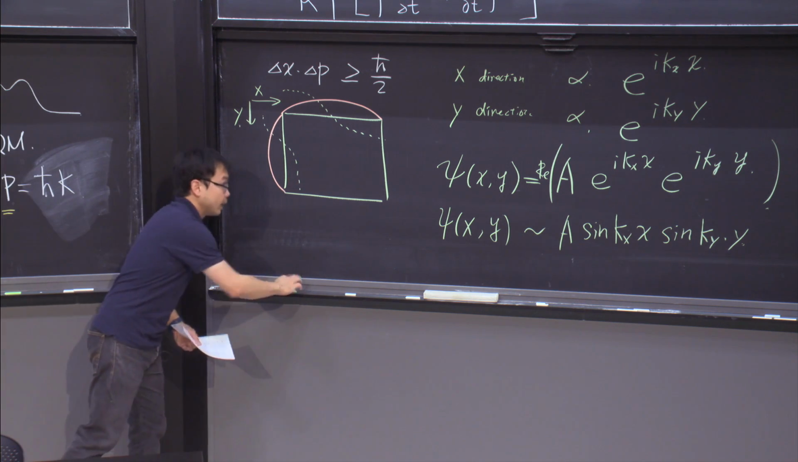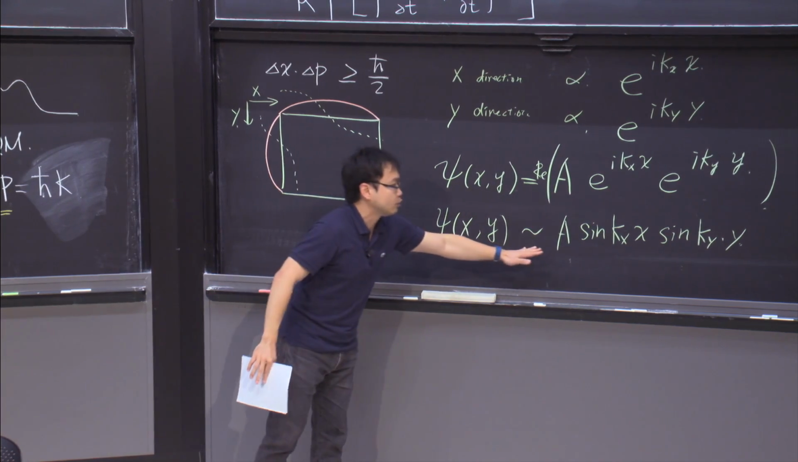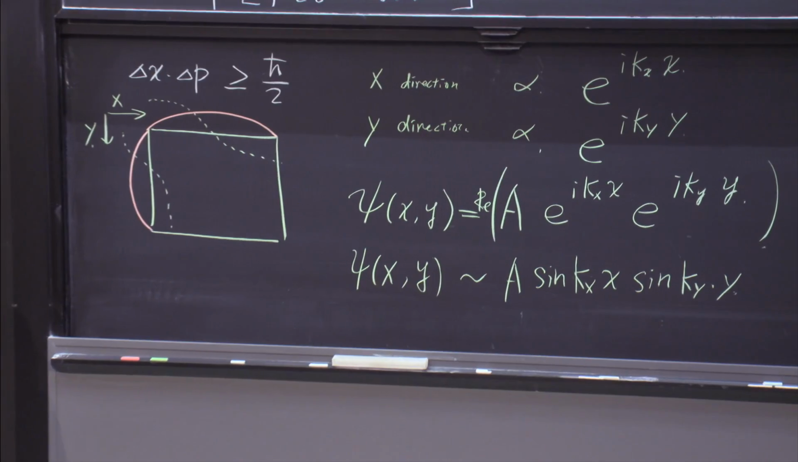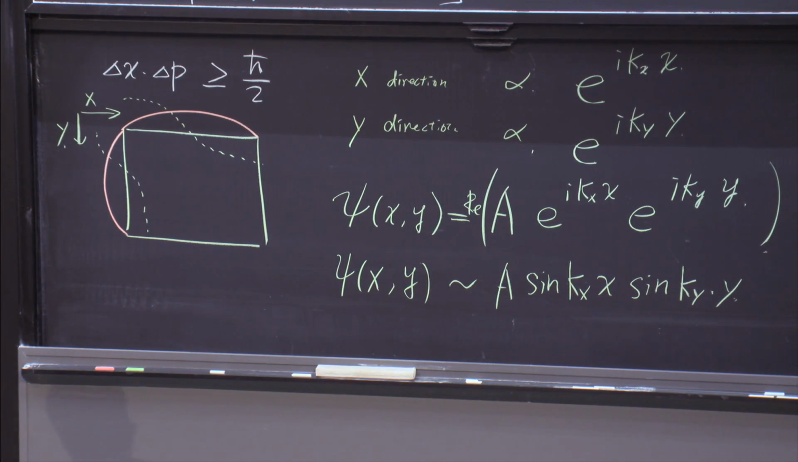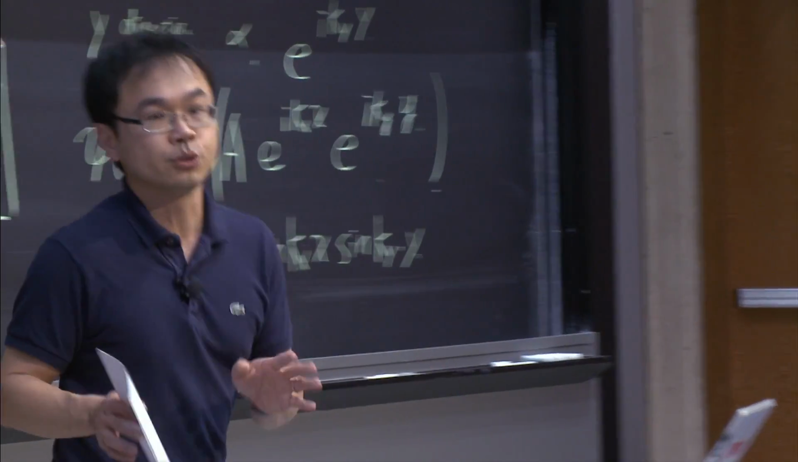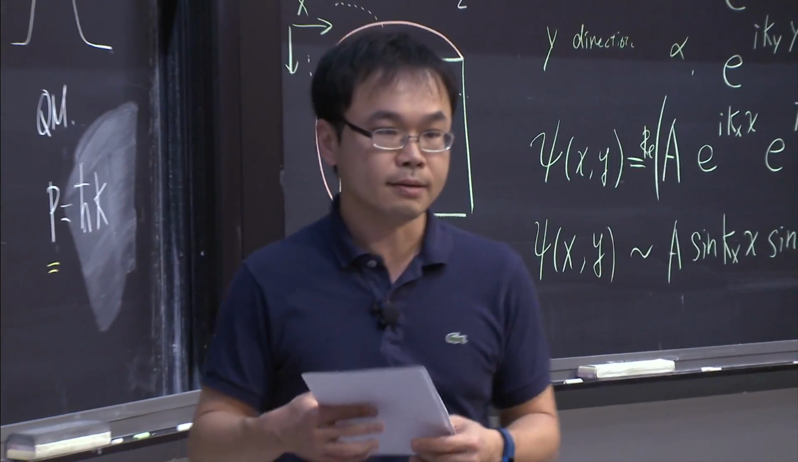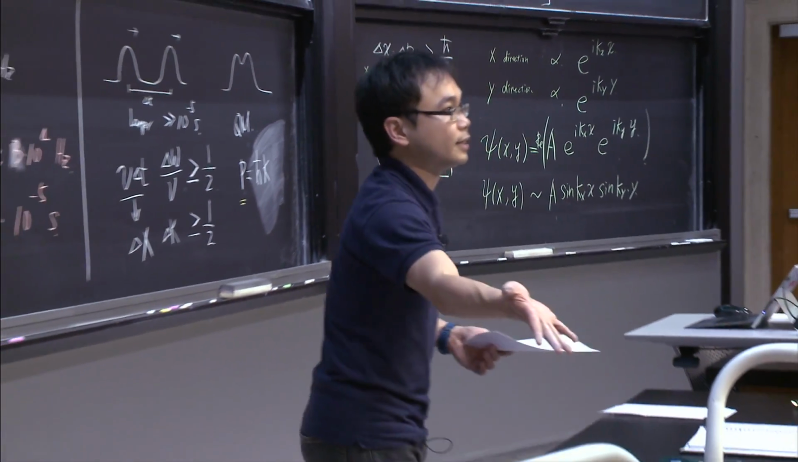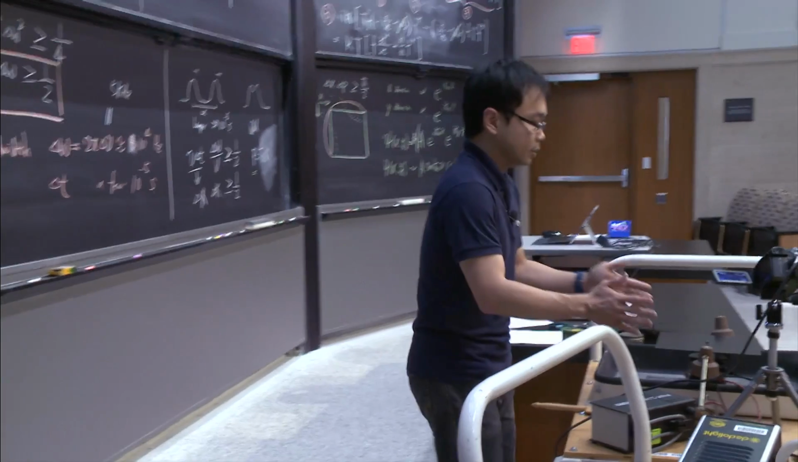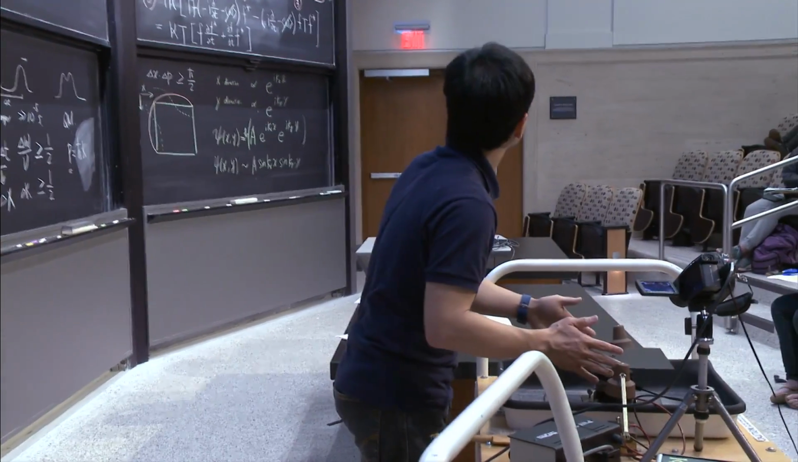Okay, and if you look at the structure of this kind of solution, it looks really complicated because you have x direction and you also have y direction. Both of them are sine functions. And how do we actually visualize this kind of sine function? Here is a demonstration which I prepared. It's really a two-dimensional